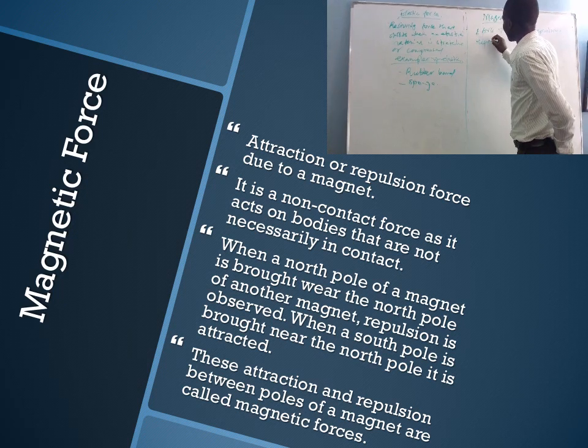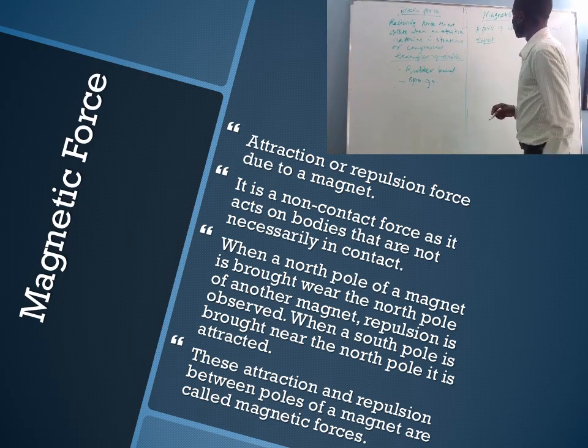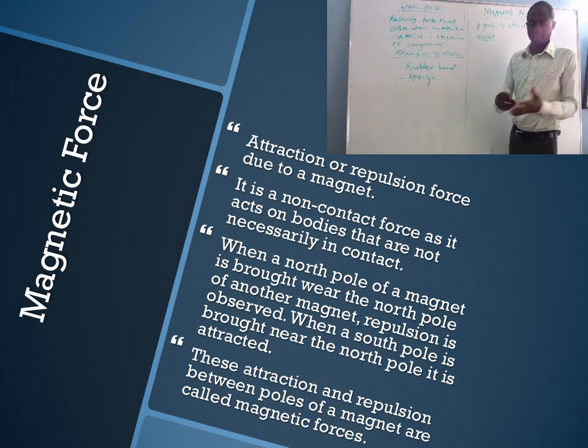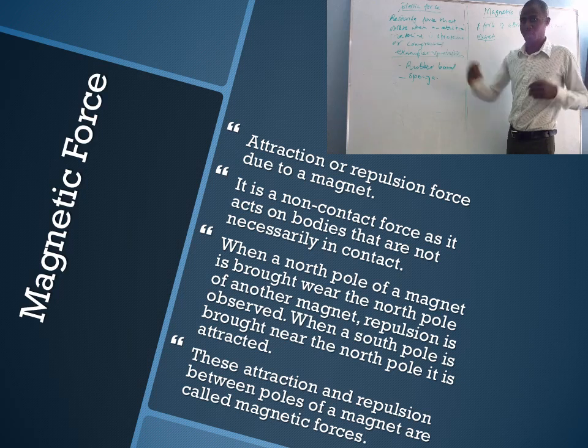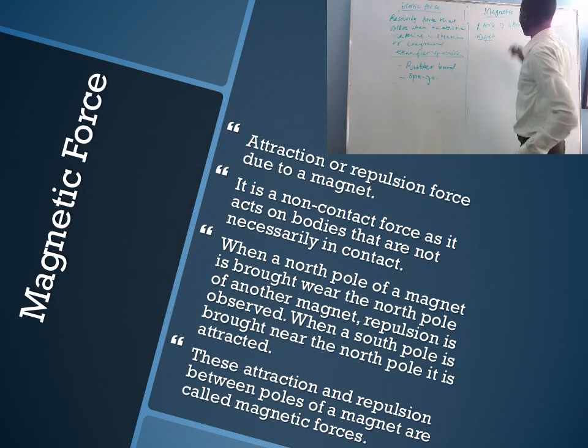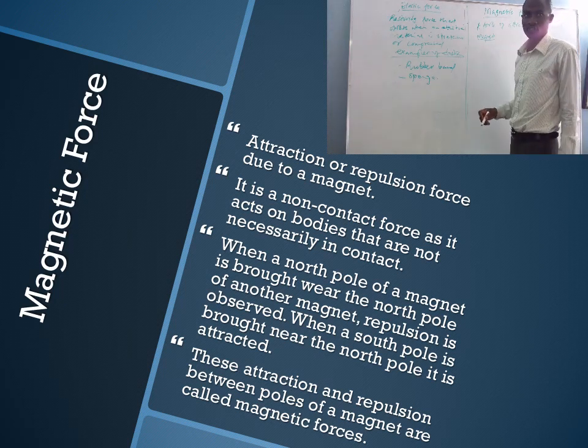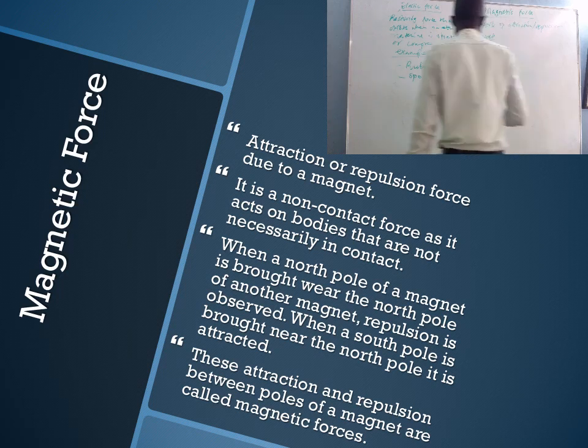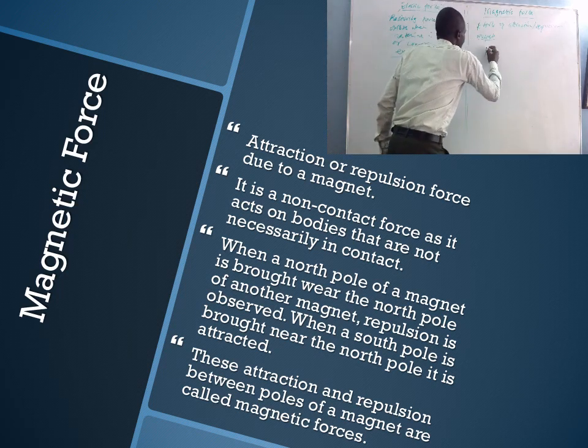So if two bodies are either being attracted or repelled due to a magnet, then that force which occurs between those two bodies is a magnetic force. For example, if we have a bar magnet,